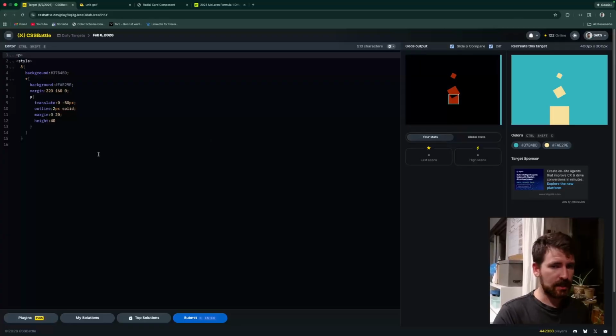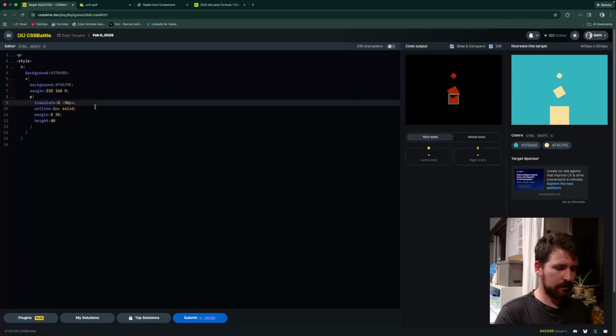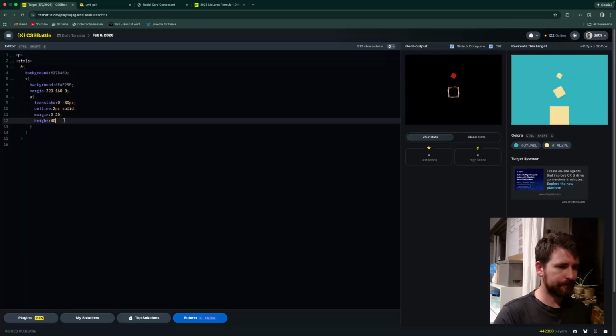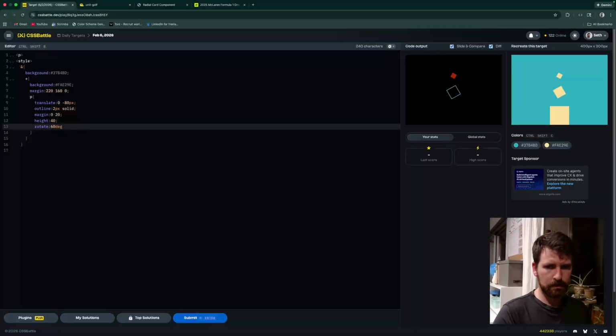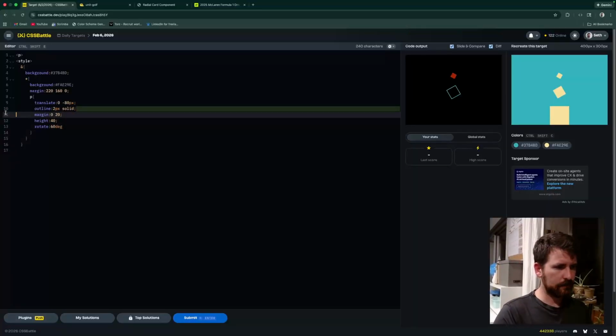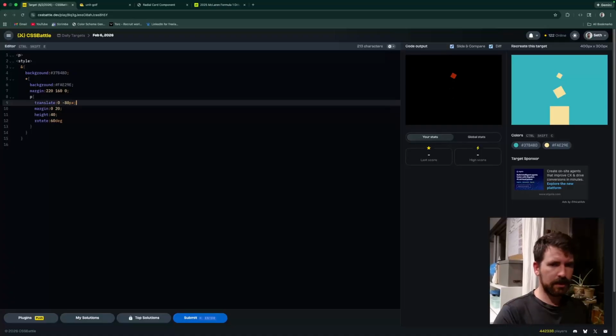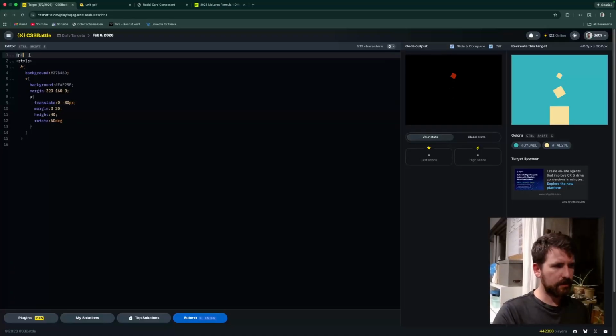Let's just see if moving this up and then rotating it works how I hope it will. It did. It worked. So theoretically, I think if we put in another paragraph tag,